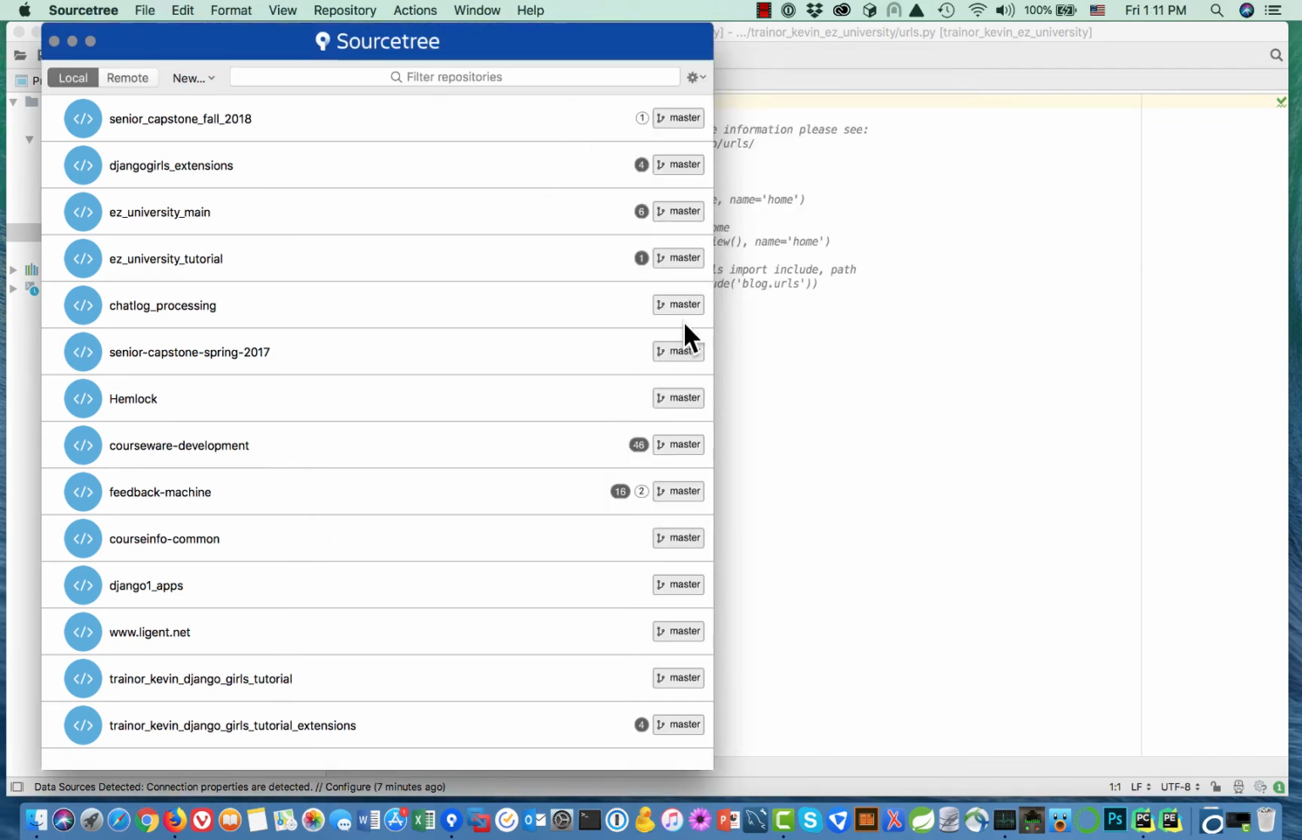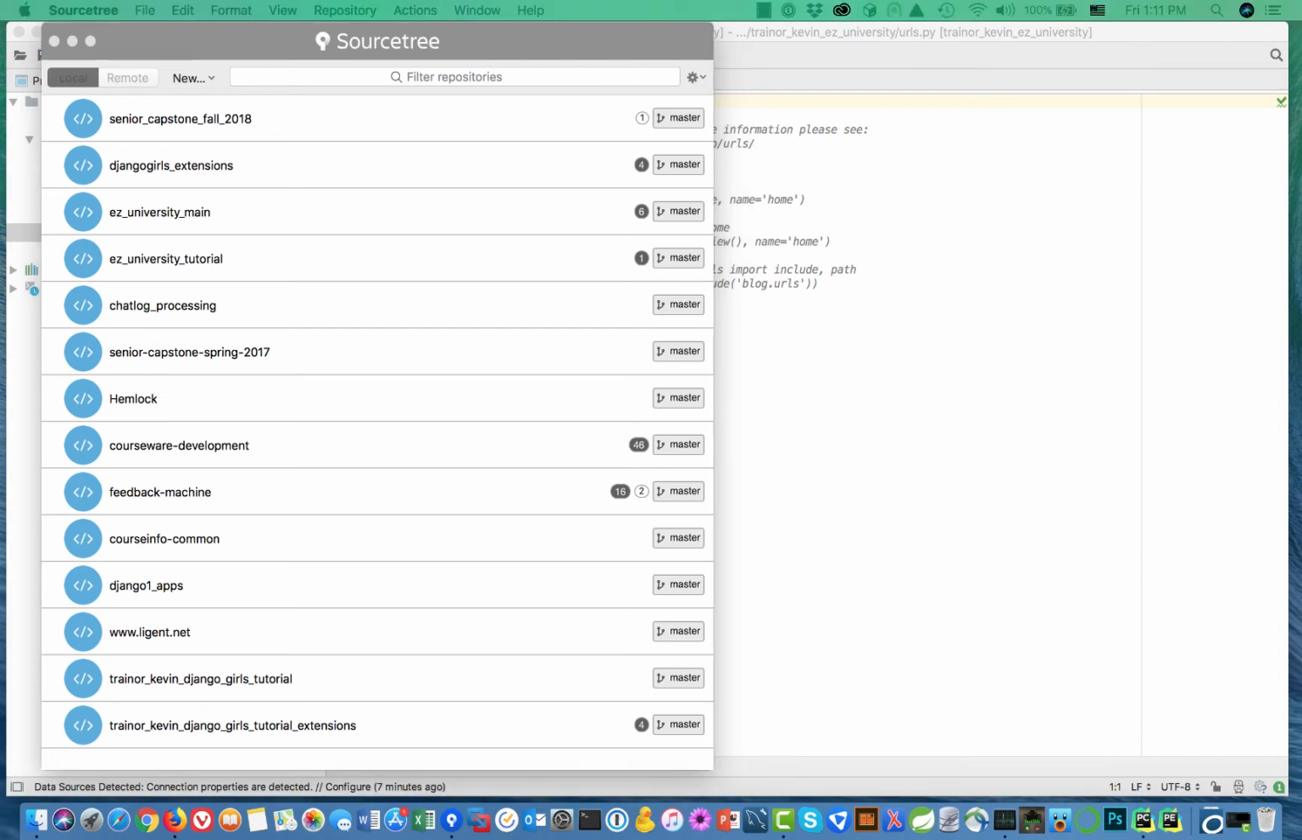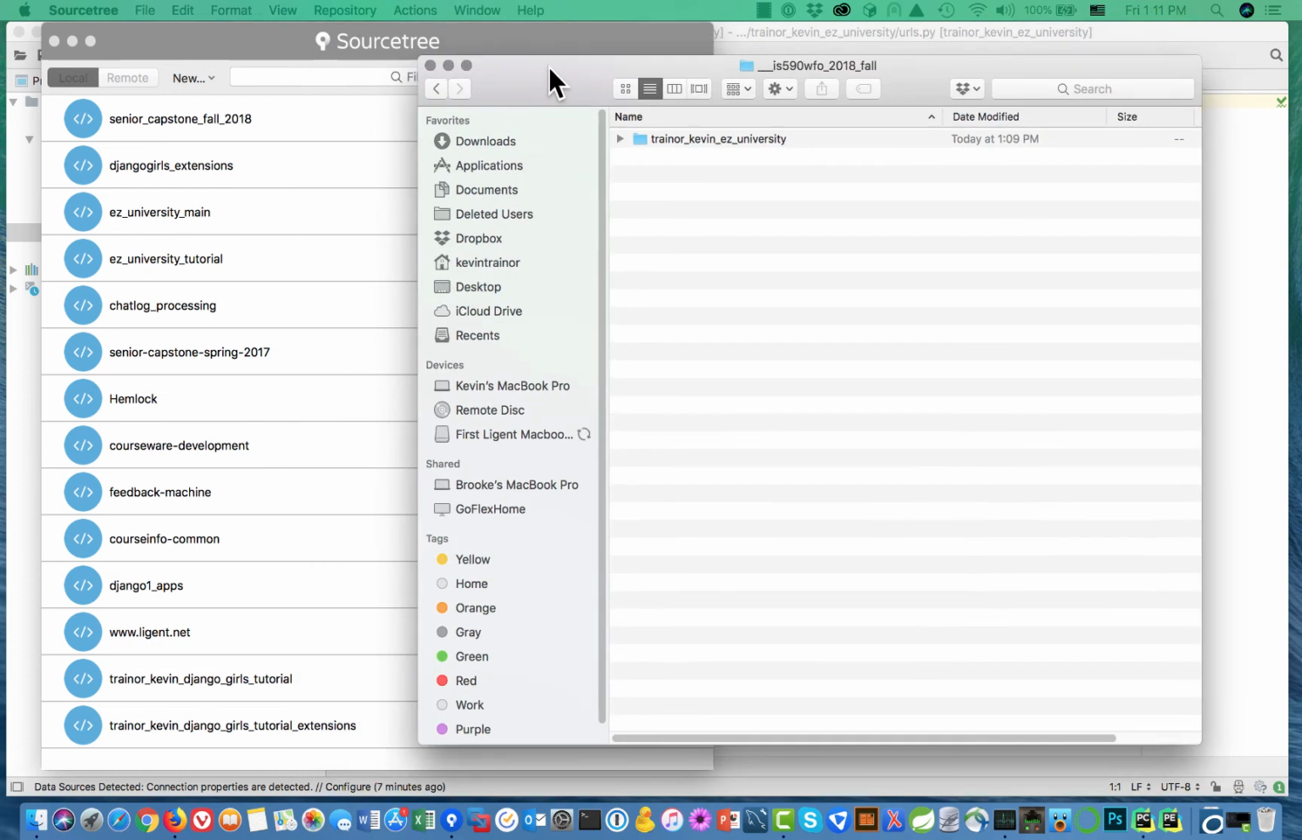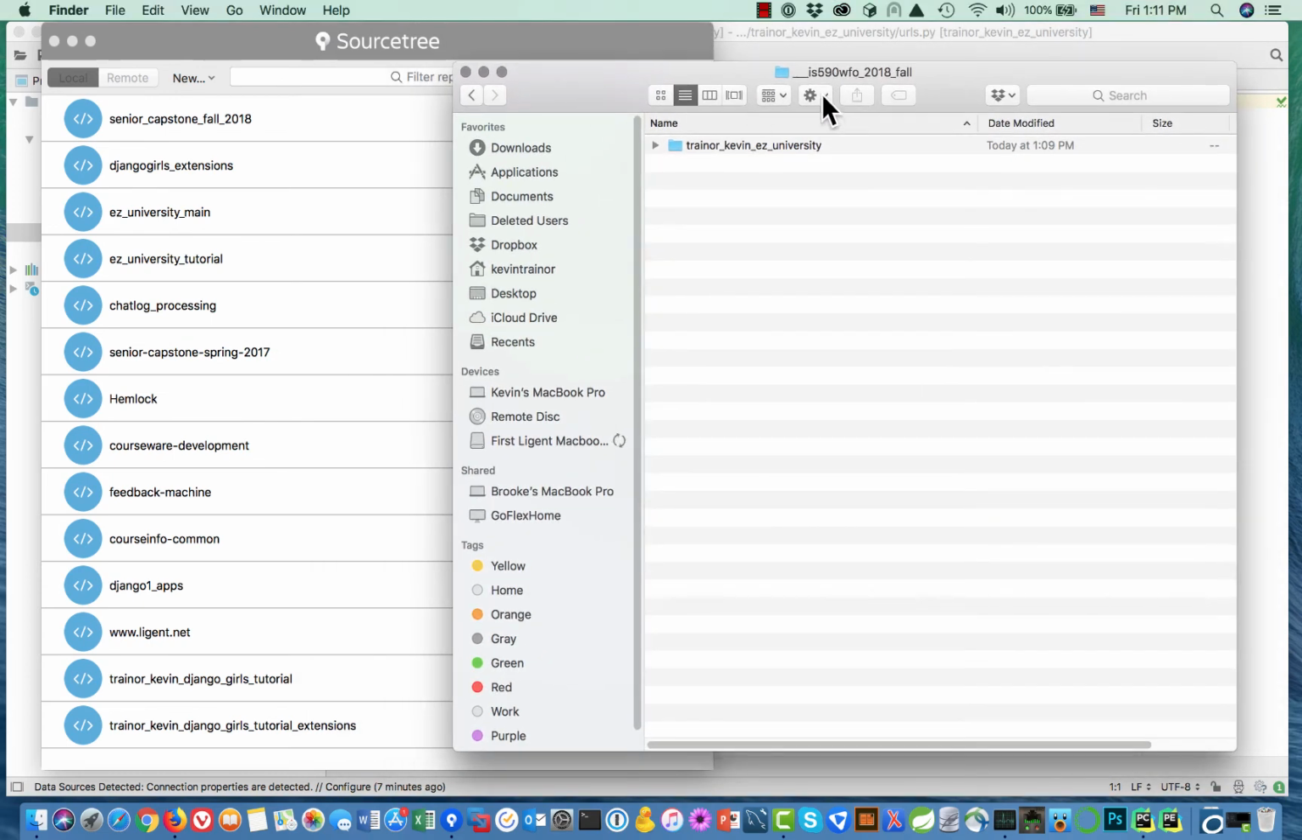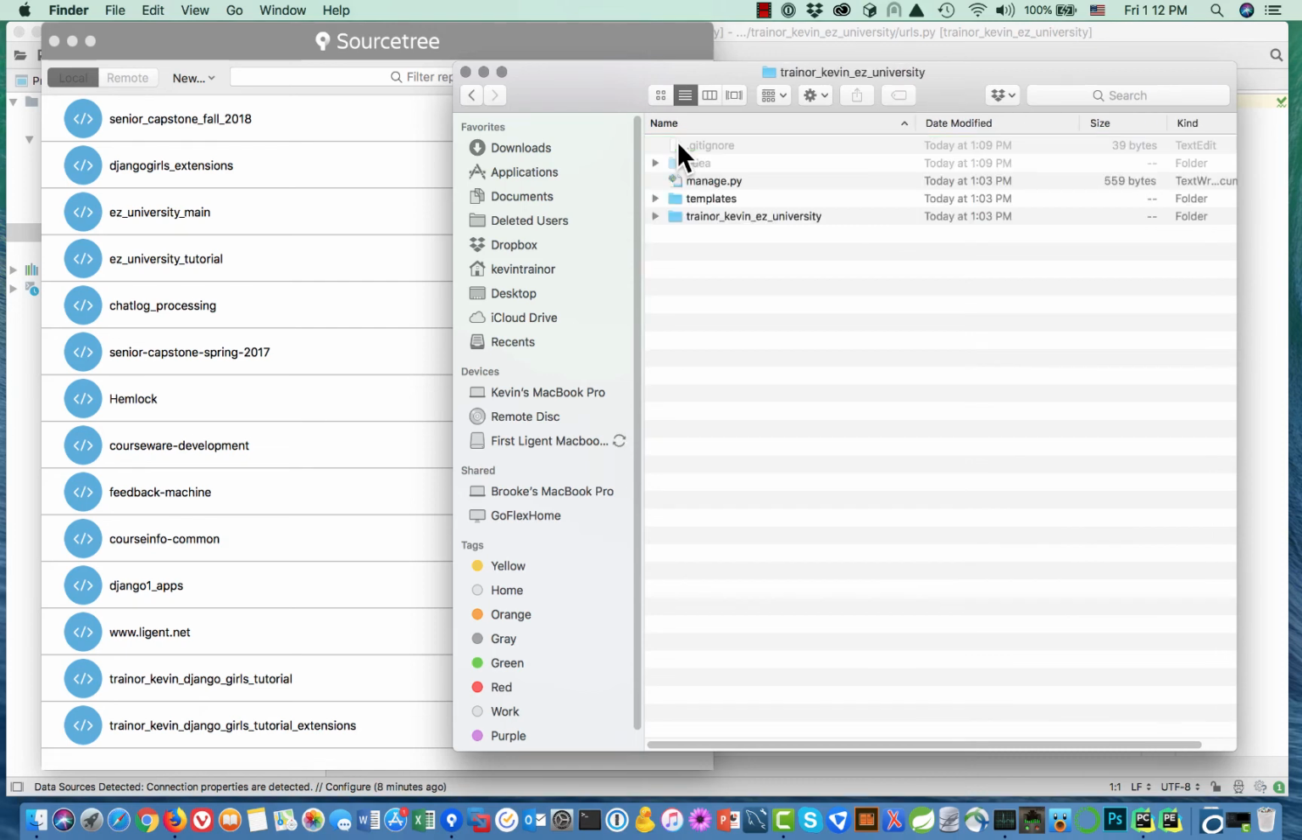Now the next thing I want to do is create a local repository. So how am I going to do that? Well, I'm going to find the directory for my project, and here it is. It's in the right directory. It's called Trainer Kevin Easy University, and to add it to SourceTree and turn this directory into a Git repository, I'm just going to